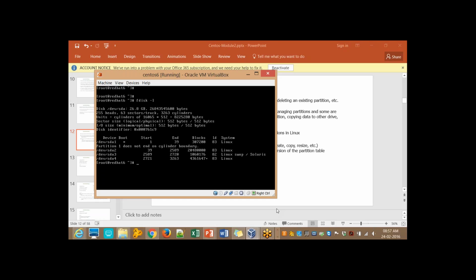So these are the 3 primary partitions that we have chosen. Other than that, we have the 4th partition in the system. So what we'll do is we'll try to delete this partition and recreate a few partitions in the system. So that's what we'll check. Another important thing here is